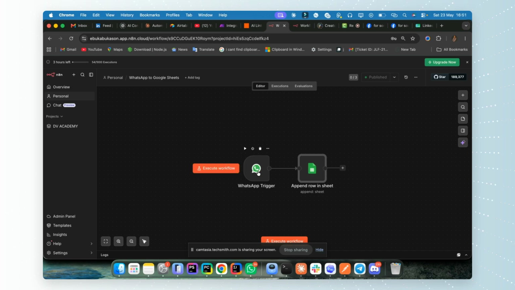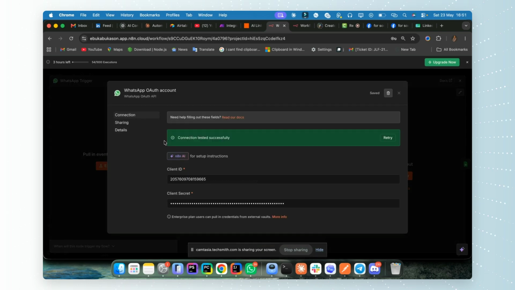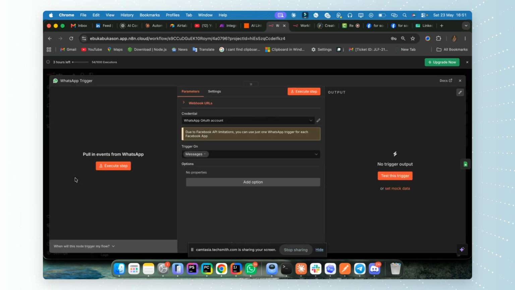Come in here, select WhatsApp trigger, click on it. You can see credential, right? Click on this. Now put in your app ID as your client ID, your app secret as your client secret, and you are good to go. Now remember, I selected in my trigger on send message, right? Now after that,